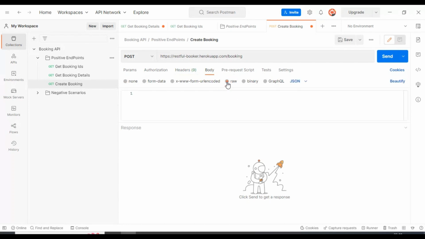Here you can select raw and here you can select JSON. You can even send different formats of data. It can be a text file, HTML format, or even XML format also. We can send the data to the server. So in our case, we are using only a JSON file. So here we have to specify the